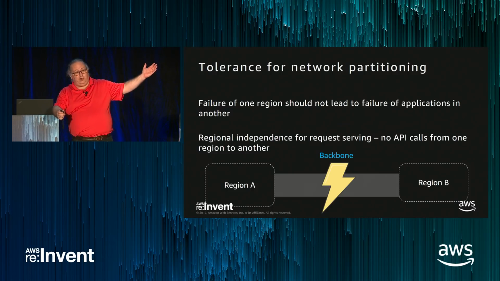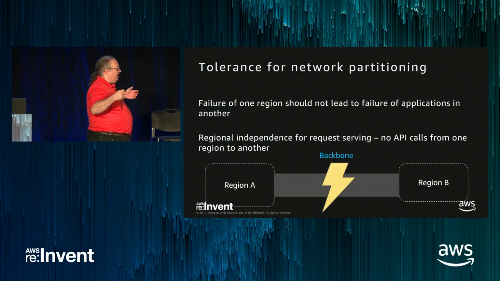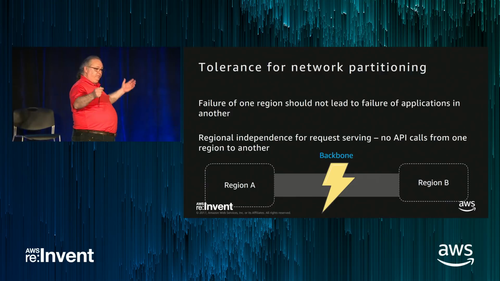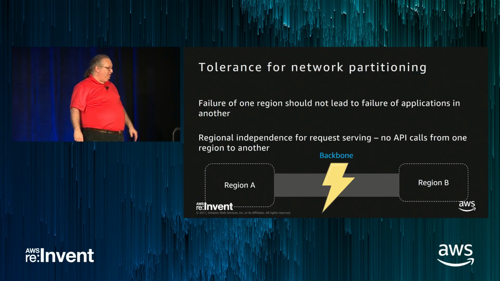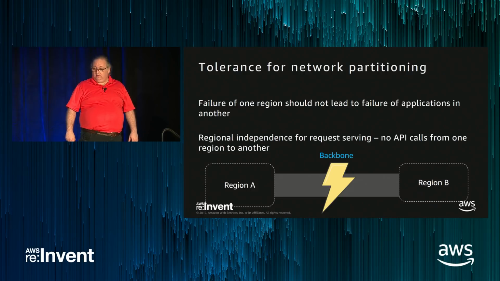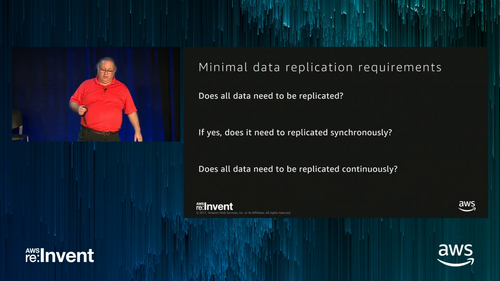So to give my own example, I am a proud citizen of Portland, Oregon. I love living in Portland. I love watching the sunrise over the beautiful Cascade volcanoes. One day, they're probably going to kill me. And in theory, if we have one of those really big events like the Yellowstone and Cascades opening up, it could wipe out not just the US West 2 region, but most of the people living in the northwestern US. That's a catastrophic failure. Is that likely to happen? No. But if you care enough about your applications, you've got to plan for it.